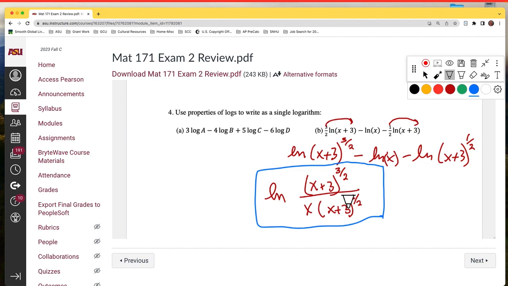It's like if we had, let me come over here. If we had x squared and x to the first, and we had something else here, these can sort of cancel, just become x to the first power. So what she must have done, x plus 3 to the 3/2, you subtract the exponents, right? So final answer,